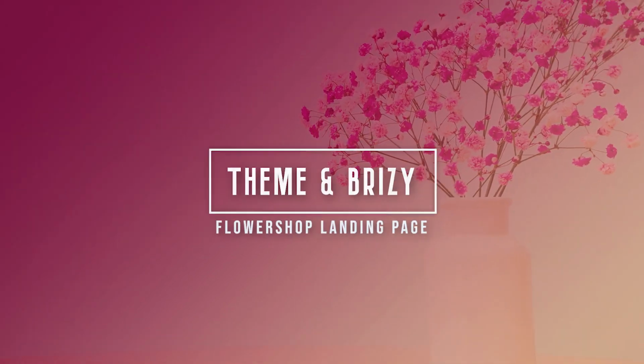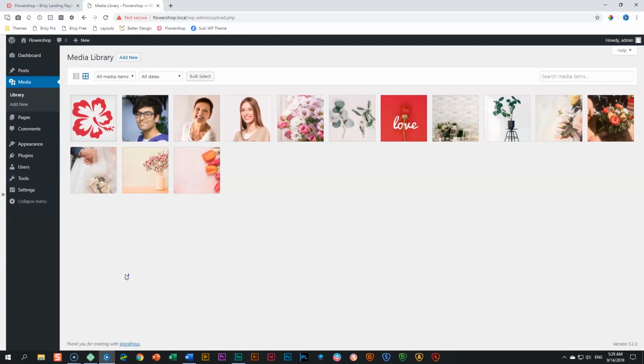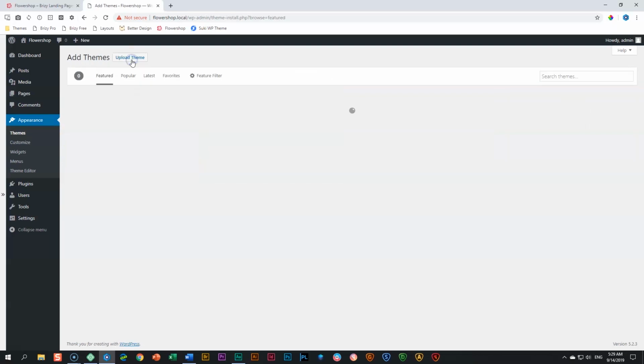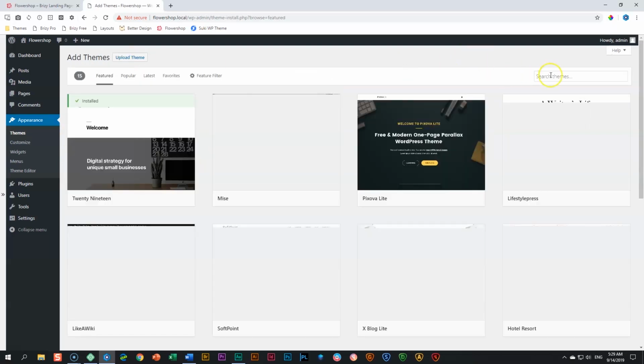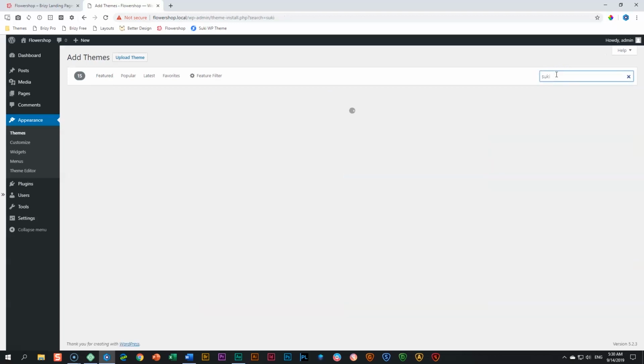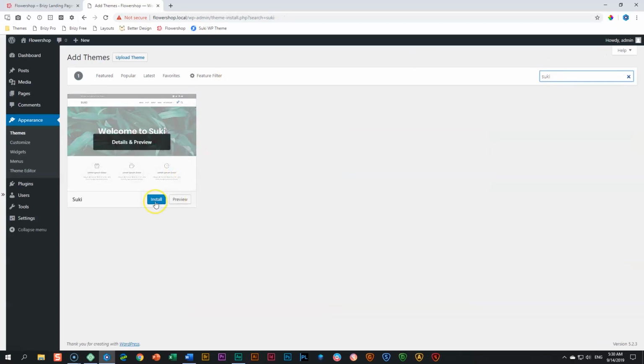Currently, my preferred workflow is the way I'm showing you at this moment, and that means that the next step for me is going to be to install my theme before I go into installing the Brizy page builder. We go to appearance, we go to themes, and the theme that I will be using today is Suki. So I go to add new, and I go look for Suki. And if you know Afrikaans, you're going to say, I'm going to soek for Suki. Over here in search themes, you just type in Suki, and then you will get it. You click on install,